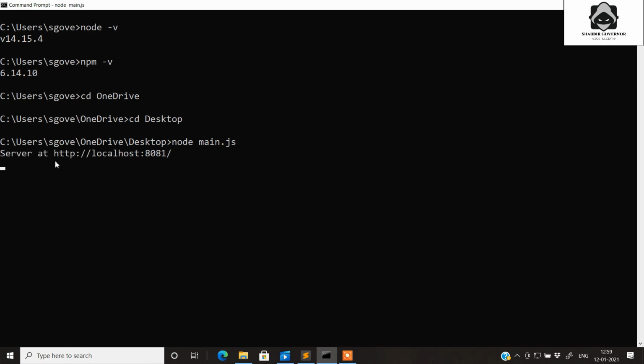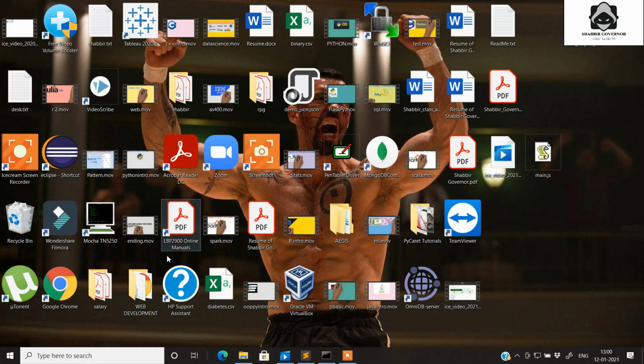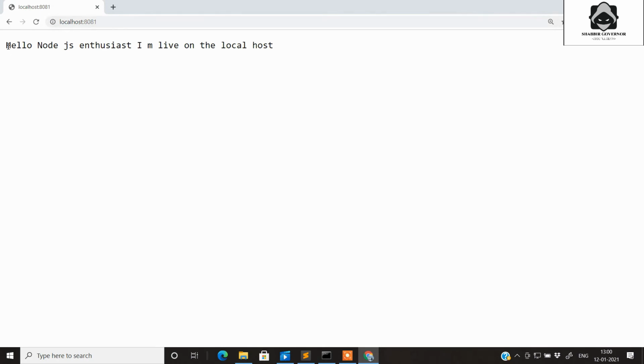You can see that we are getting a successful log at this location. So we copy it, then we open a browser and then we paste it. You can see that using Node, your server on localhost is up and running. So this was your first Node program.